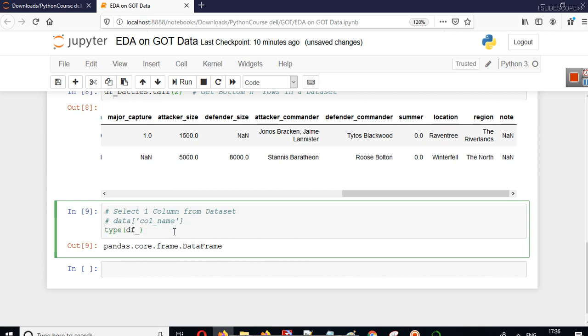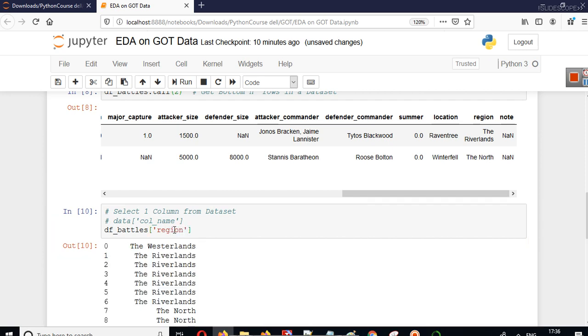Now we have to select one column. There is a method for selecting one column, and there is a shortcut trick also. You can write df underscore battles, and here you just have to write the name of your column. Let's say the name of the column is region here.